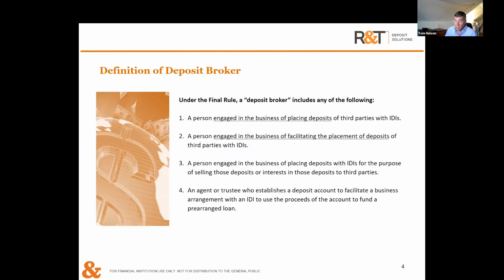So the delineation between 1 and 2 really is important. And as I'm talking today, I'm really going to focus on 1 and 2. 3 and 4, while important, depending upon the specific situation,